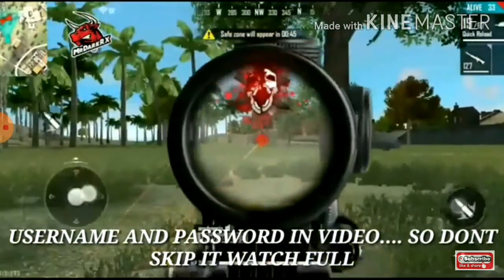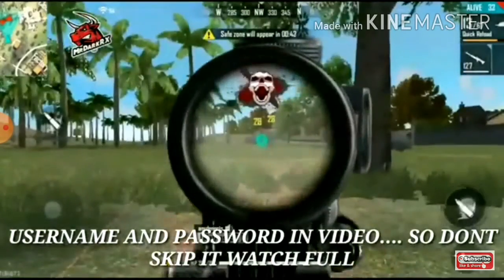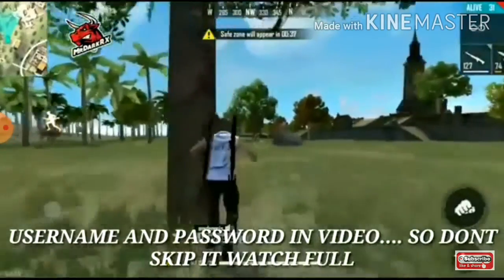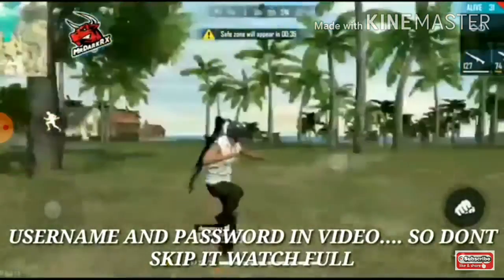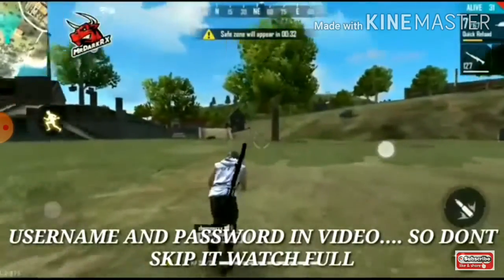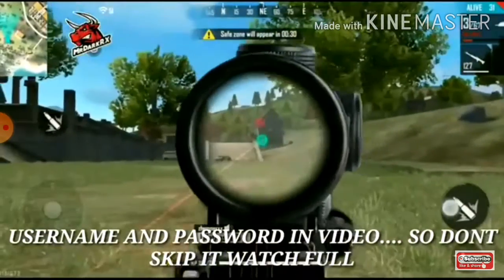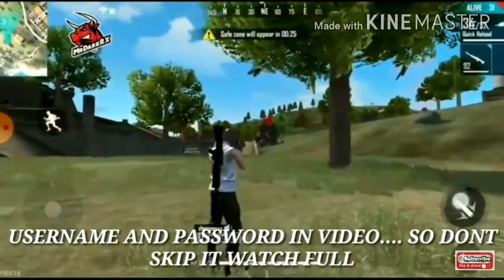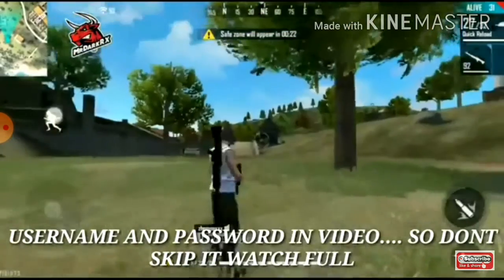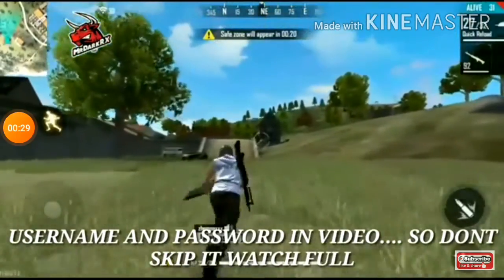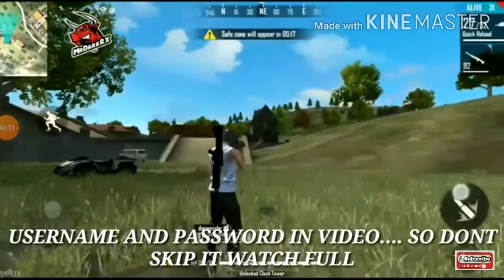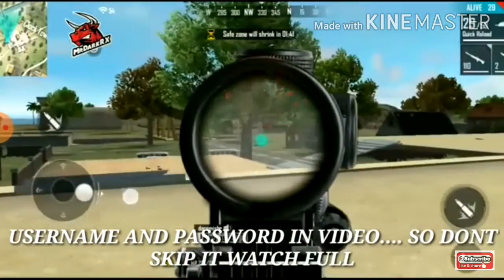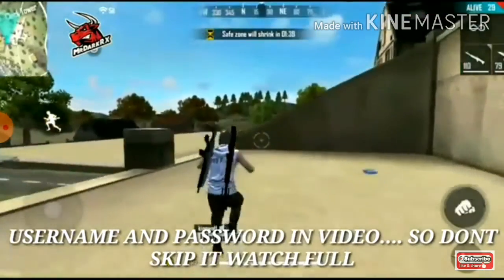So today we are gonna see how to download the Free Fire hack, the new updated. So as you can see, whenever I'm shooting, it's headshot because it's auto headshot. So if you see, it's auto headshot completely. Whenever I shoot, it will be headshot. I like this hack very much. It is much better than other hacks.